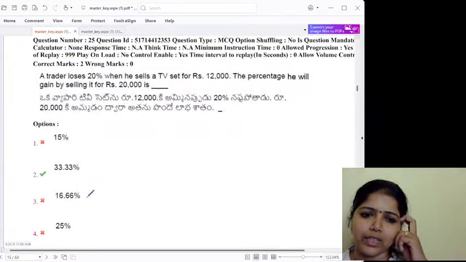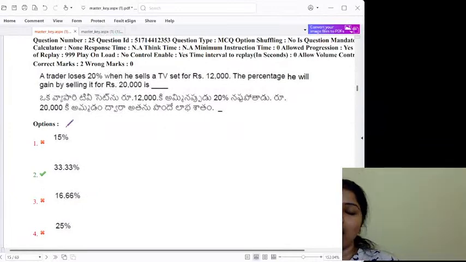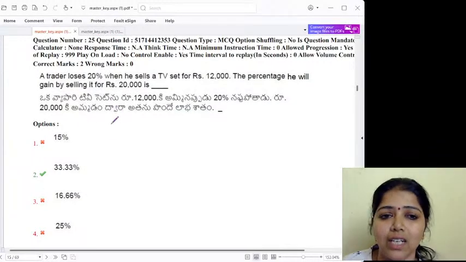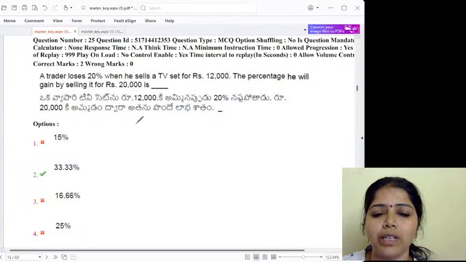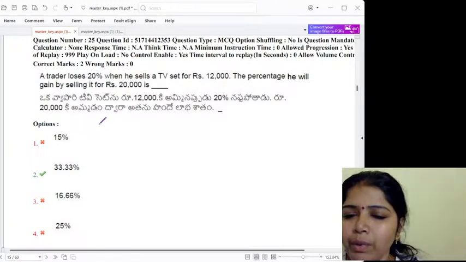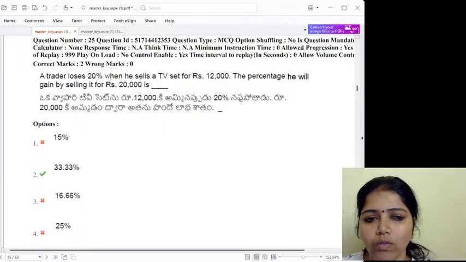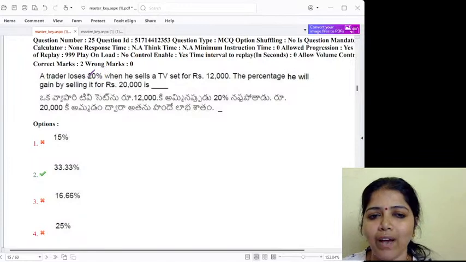This is also using the SP formula. We did this in our mathematical reasoning class last week. We did this kind of problem in last week's class. Learners who are preparing for your NET exam, you can try to solve these problems. We have that PDF in the WhatsApp group. You can get it from the group.